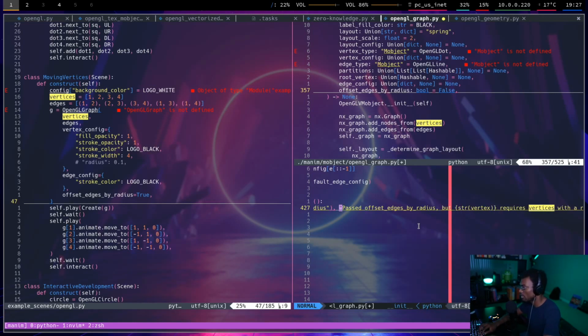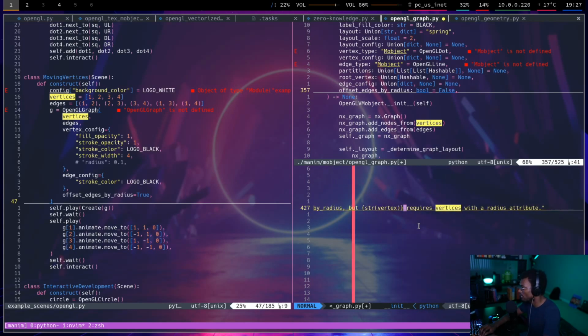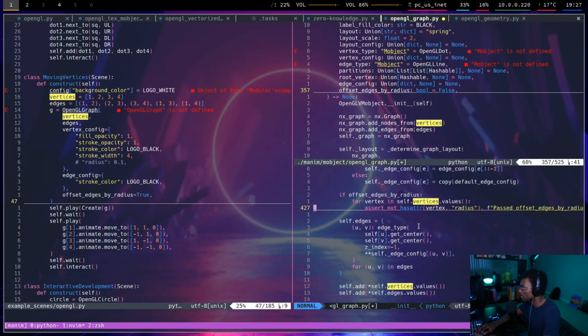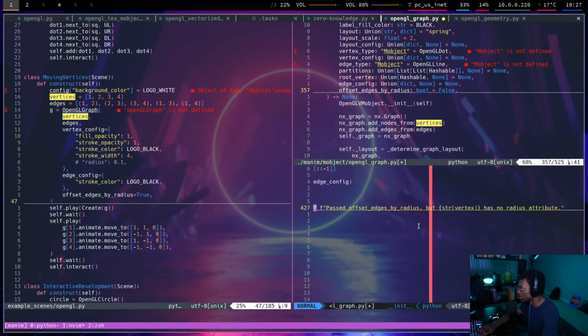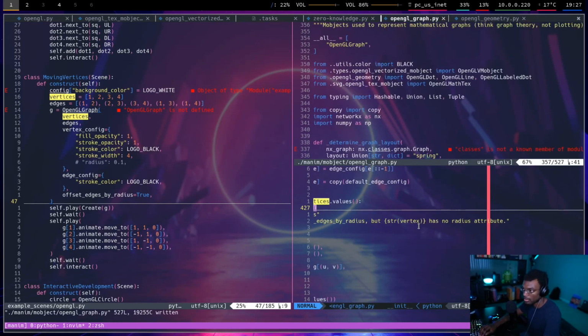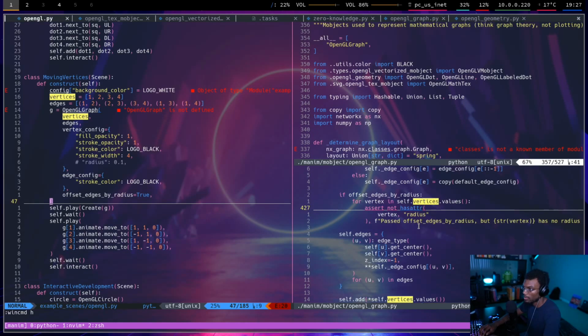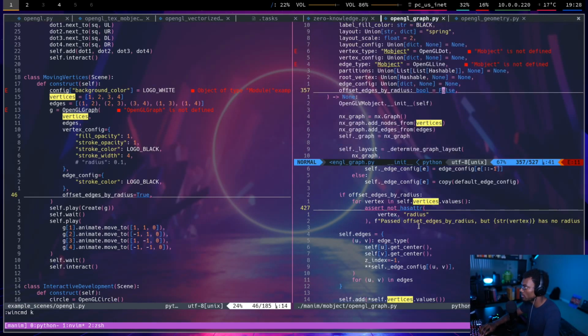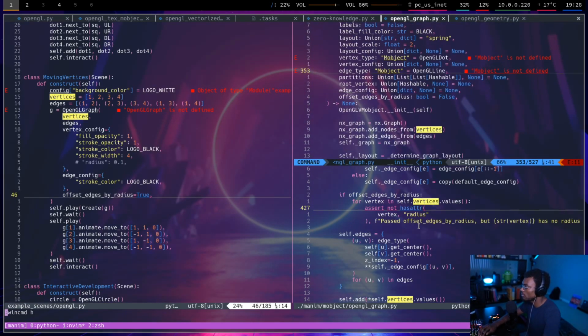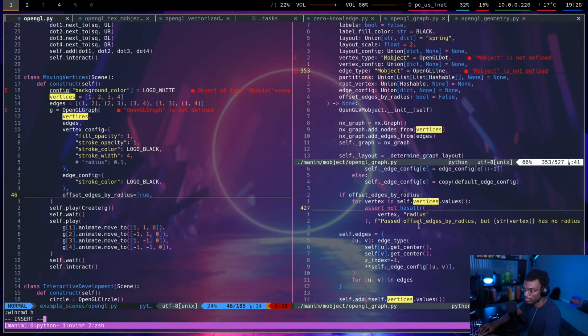Probably like this, do an f-string: passed offset edges by radius, but vertex has no radius attribute. So now if I run this, we'd have to put in a weird class for the vertex type. Okay, I'll just put in vertex type